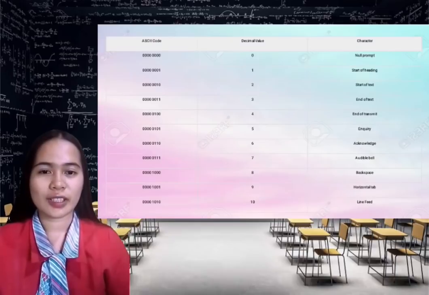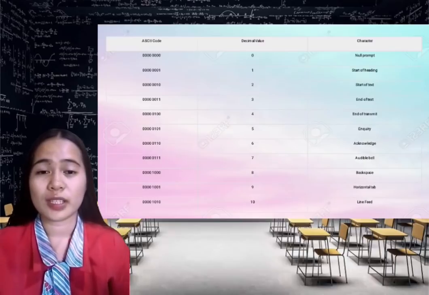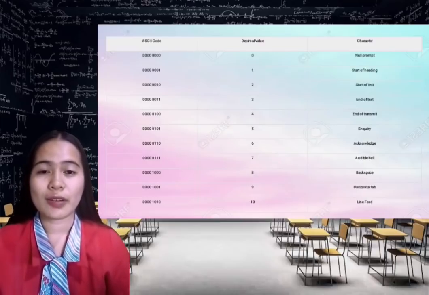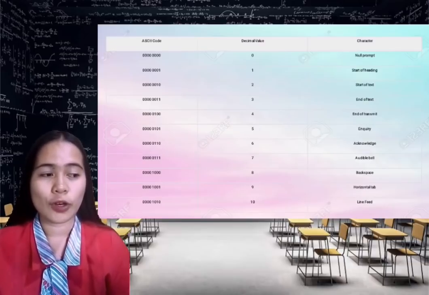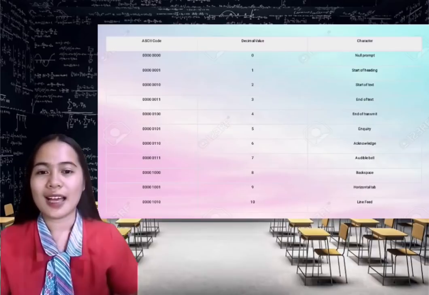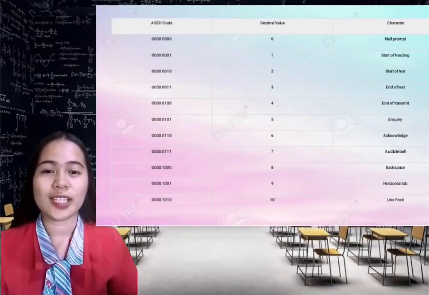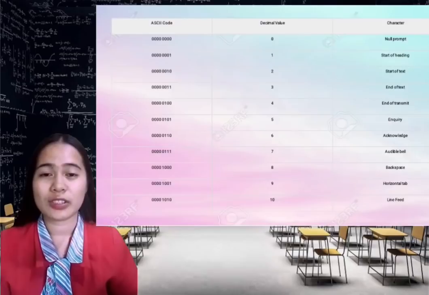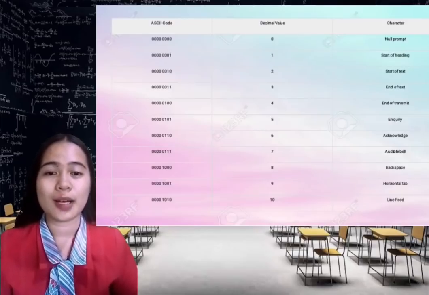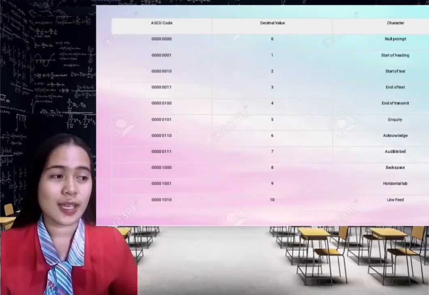00000100. Next character is the inquiry, a control character that is transmitted to request a response from a receiving station, with a decimal value of 5 and code of 00000101. Acknowledge character is a type of signal that a computer sends to show that the data has been transmitted successfully, with a decimal value of 6 and code of